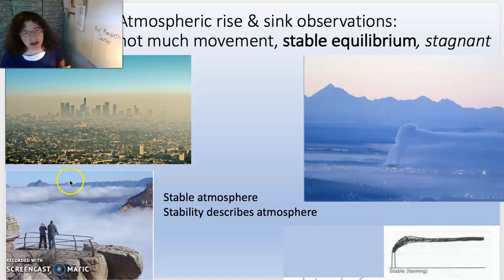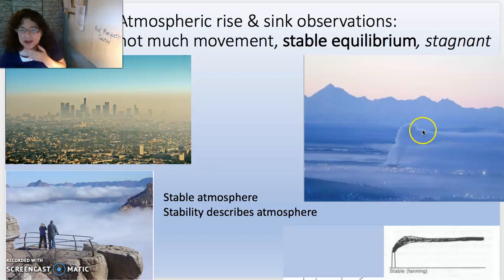This cloud is trying to move up, it's also moving down, and it is staying at a stable altitude. When you look at this smog level, this parcel of smog is trying to move up. It is being balanced by another parcel that is moving down, and we aren't getting much movement in this atmosphere